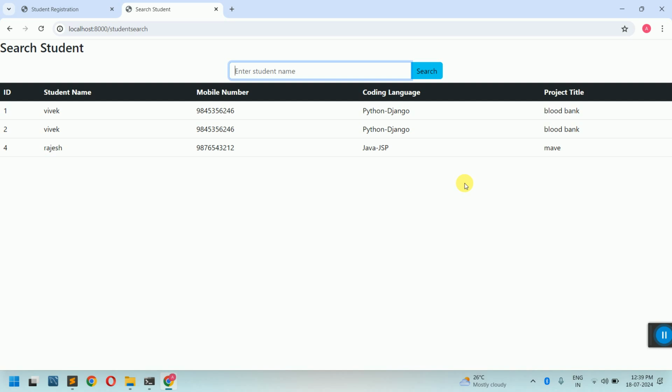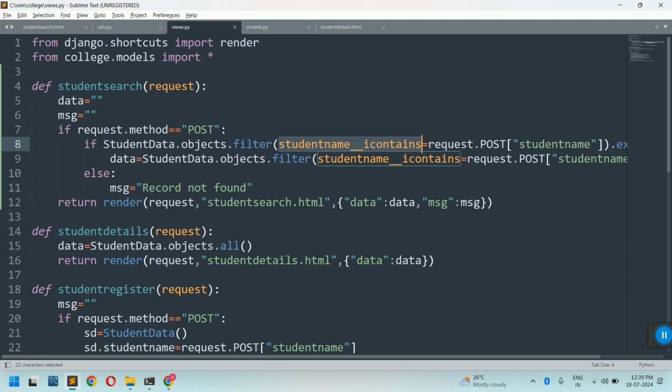Understood this point? So using this icontains method, you can do this particular operation in this case. Clear with this? Here, randomly we can search for a record and we can display the data to the user. Clear with this? Any doubts in this case? So this is how we perform the